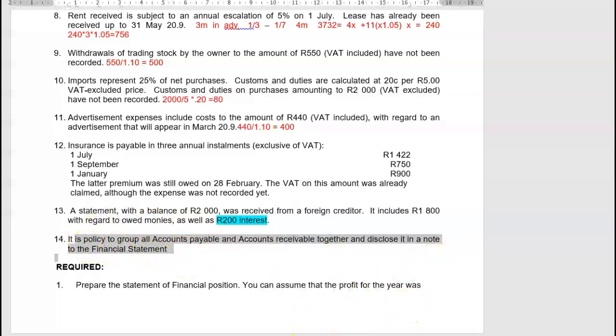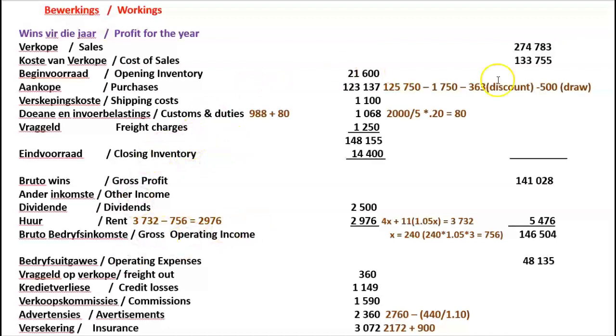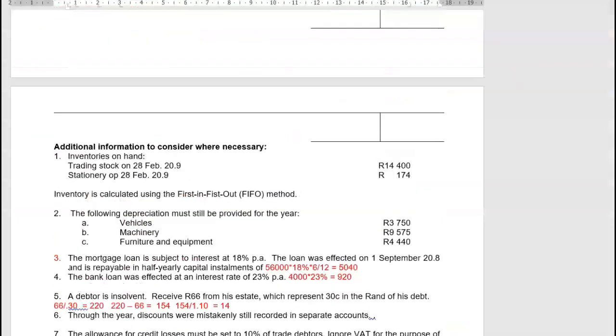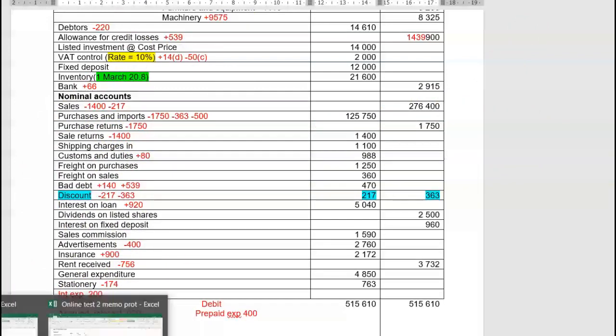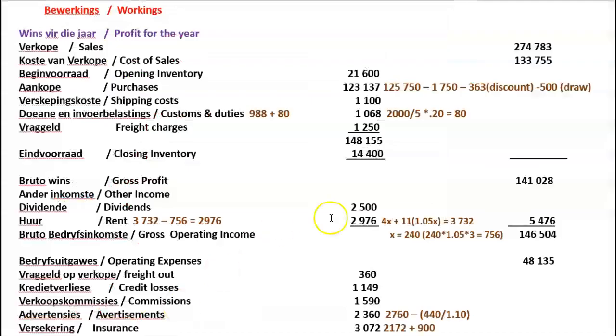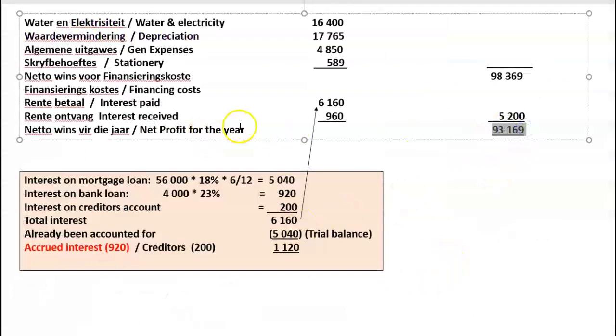If we go to our answer now, let me just quickly show you that if I do my income statement from the beginning, and I start with all the items that were given to me in my trial balance, which is income statement items, i.e. all those items up to the interest expense, and I record that with all my adjustment entries in my income statement, you will see that if I've done it correctly, at the end of the day, my income statement is going to balance back to my net profit for the year of